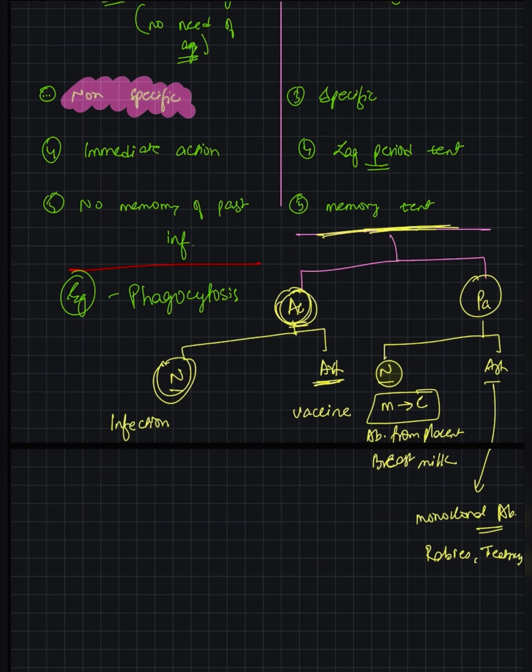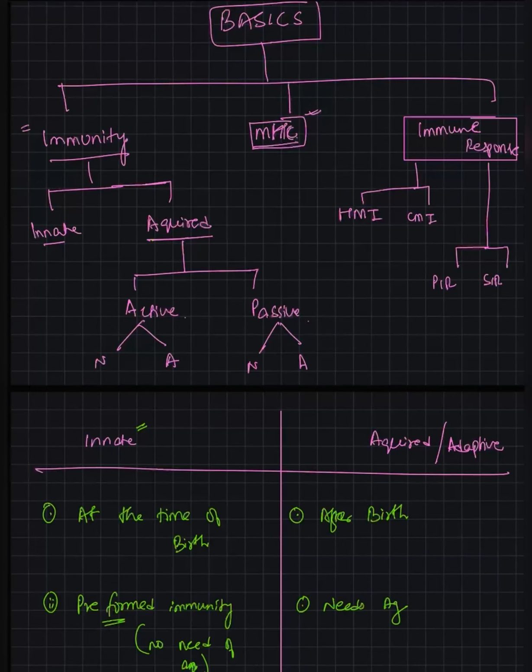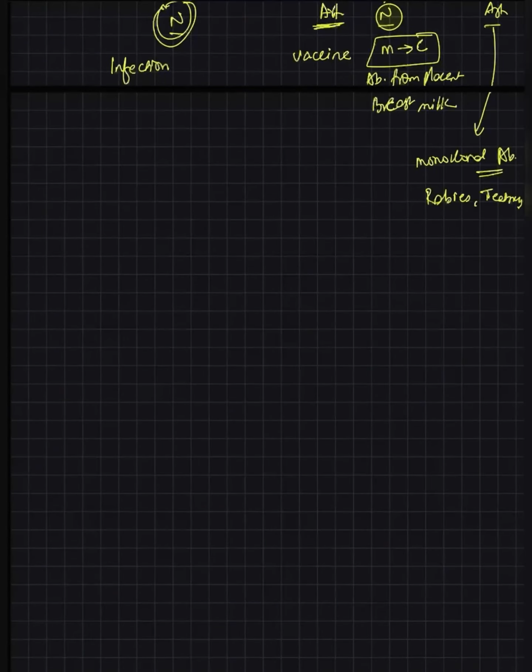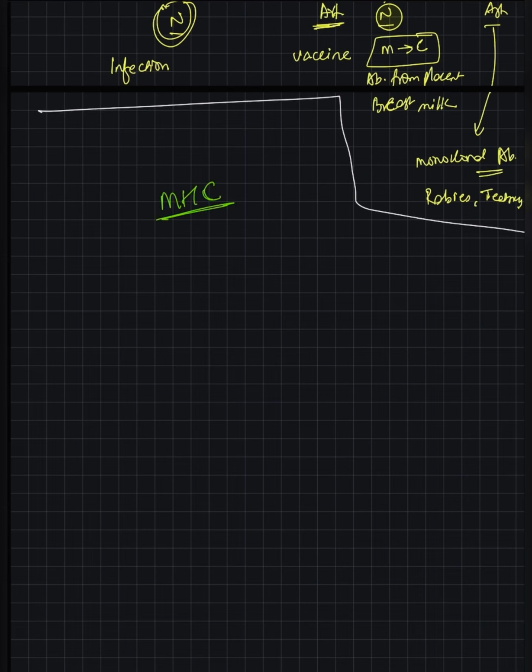Done. So we have completed our first topic, which is immunity, its types, and some examples, and comparing innate versus acquired. Now we will discuss MHC. So this is an important topic. MHC is, we say, major histocompatibility complex. Now, what we have to remember over here is,